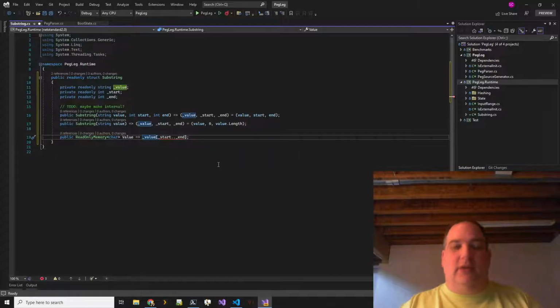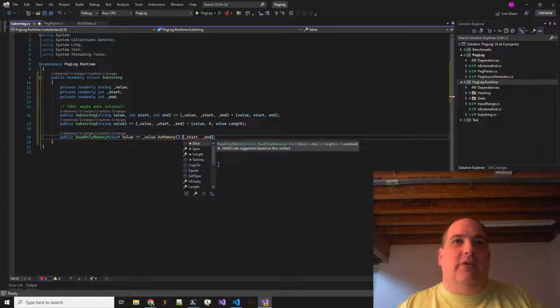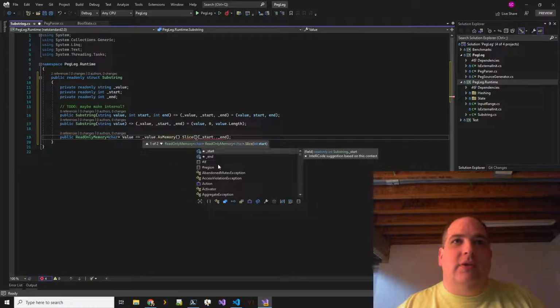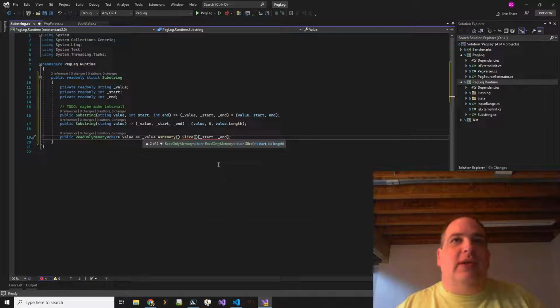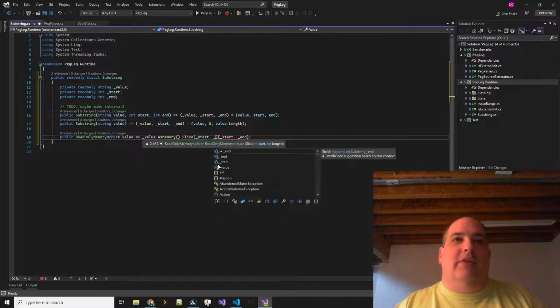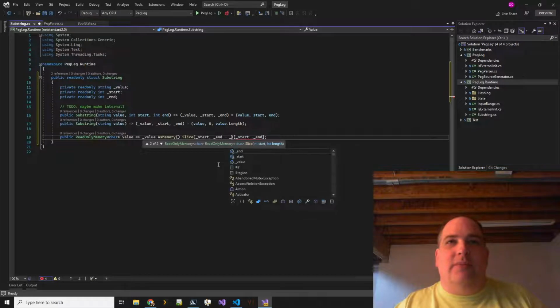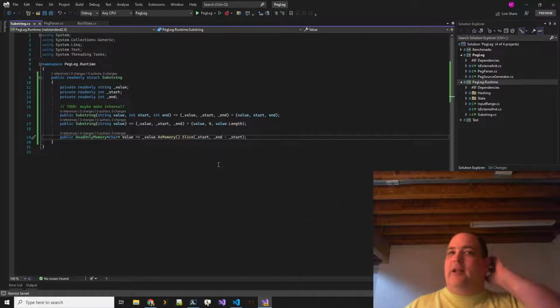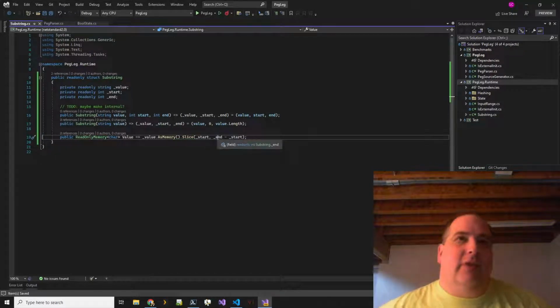We can just say, give me an as memory, and then slice it using start and length. So then we've got start and then end minus start. That's kind of like translating the start-end into the index-length pattern.